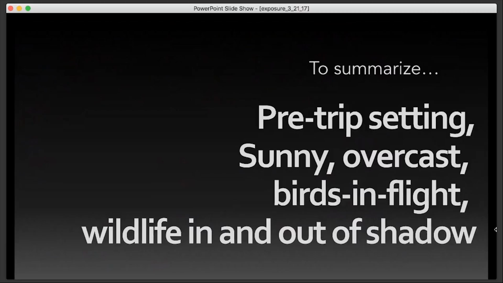So that's it. No, that's not it yet. But to summarize, I taught you each scenario. Now it's actually not too complicated. It's only sunny day, snowy day, and overcast day. And I taught you, in each scenario, what the pre-trip setting should be. For a sunny day, you do the sunny 16 rule. For a snowy day, you jump out, point at the snow, and do the manual. And for